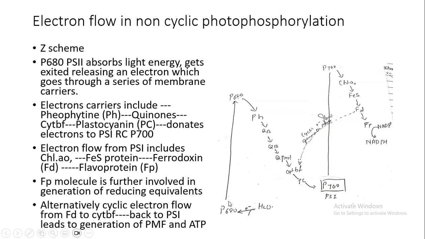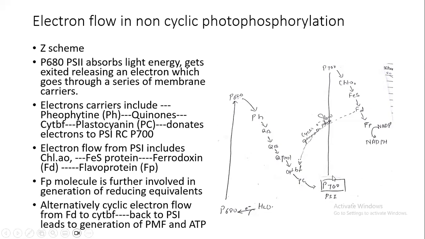The photosystem 2, consisting of P680, will absorb light energy and emit an electron, which will be first accepted by a pheophytin molecule, and then quinones A and B, eventually reducing the quinone pool. From quinone pool, the quinones will get completely reduced, and then the electrons and protons are transferred to cytochrome Bf complex. From here, it is transferred to a plastocyanin, and from plastocyanin, they are transferred to